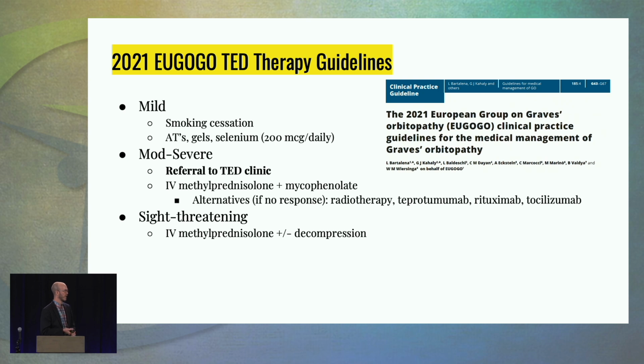Of course, treating dry eye. Selenium was studied and shown within the first 6 months of diagnosis to be helpful at reducing progression. It doesn't necessarily change their symptoms, so I tell them, you can either eat 2 Brazil nuts a day, or you can go get selenium off the shelf at the drugstore, and it may not make things a lot better, but it may help reduce how bad things get ultimately. When they get to that moderate to severe stage, that's when you want to send them my way.